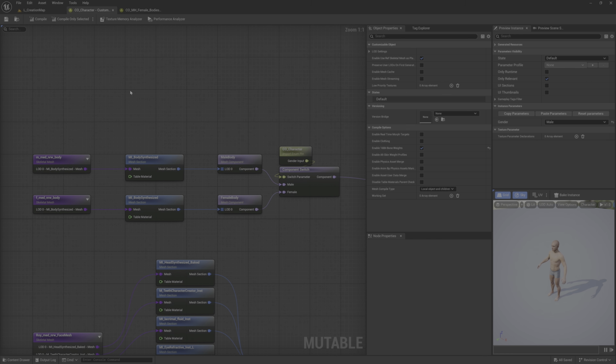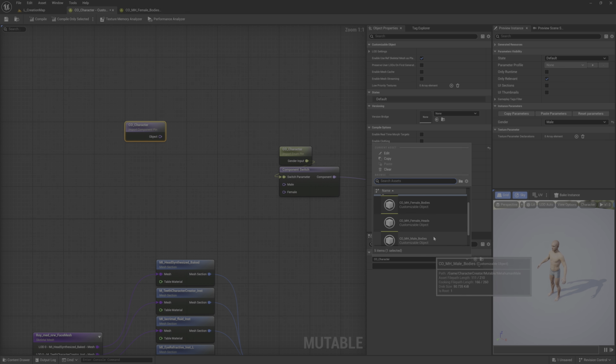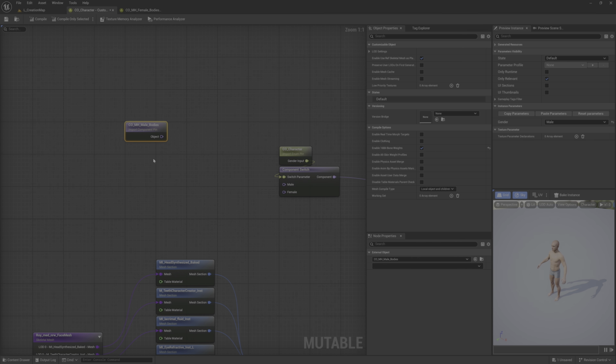So here we can delete all this and search for component, import component pin. Okay, the one, and we'll select our male bodies. Okay, and here our body.